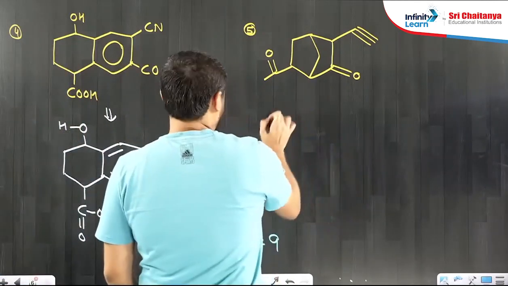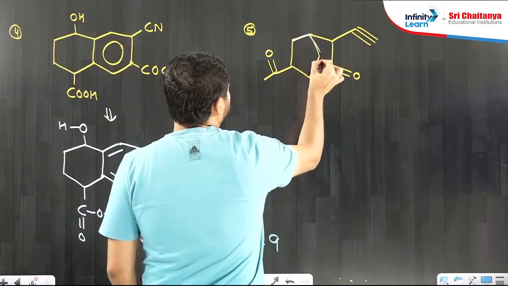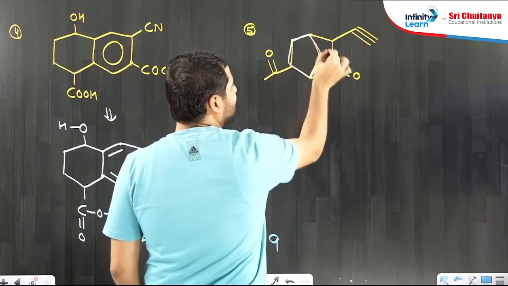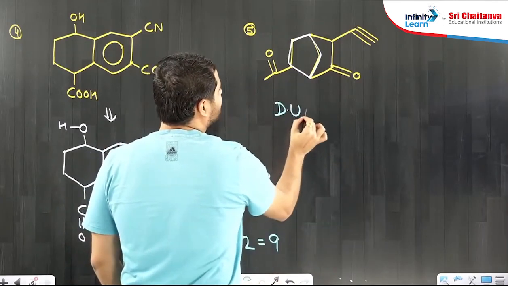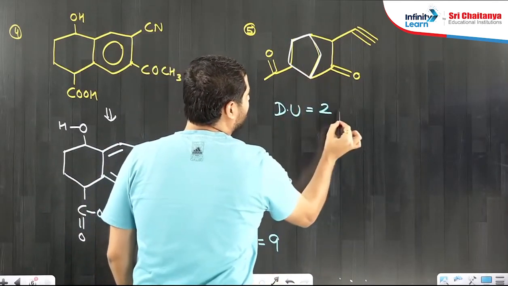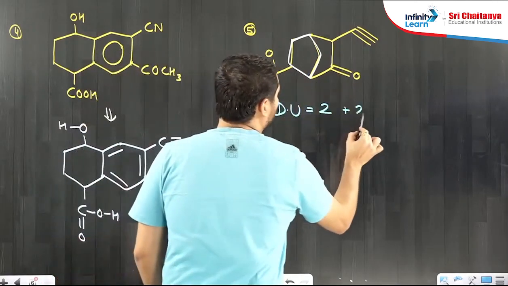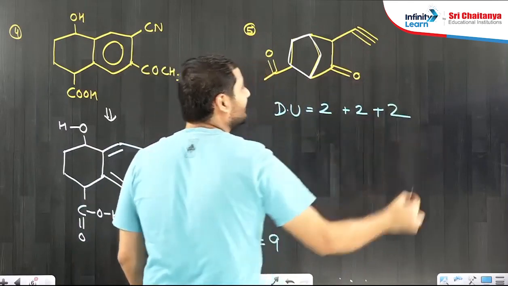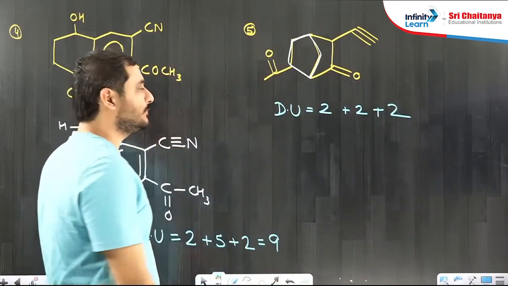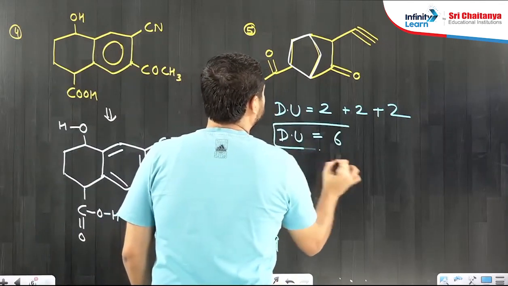Let us check the degree of unsaturation. Now no need to draw the structure. This is the first ring. This is the second ring. So a total of 2 rings are present here. So for rings, what is the degree of unsaturation? 1 plus 1, 2 rings. Clear? How many double bonds are present? 1 plus 1, 2 double bonds are present. How many triple bonds are present? 1 triple bond. For a triple bond, what is the degree of unsaturation? 2. So what is the answer for this? Degree of unsaturation is 6.